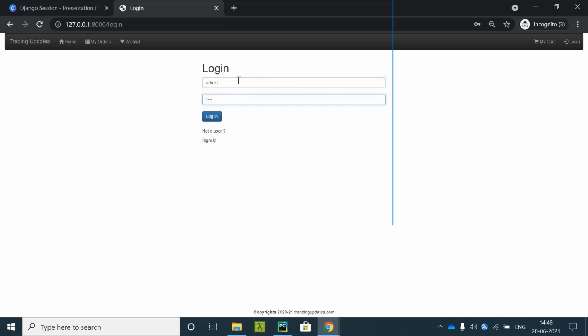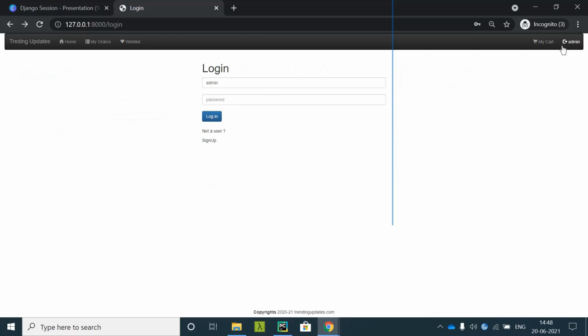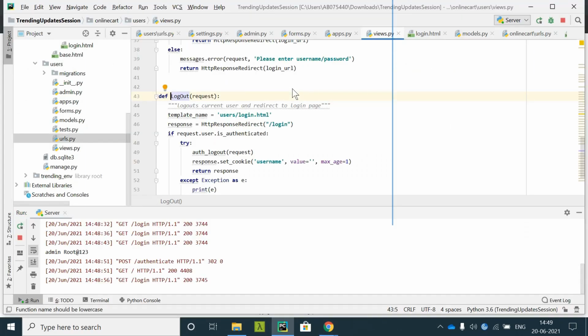Admin, root at 123. Now our logout is also developed properly.